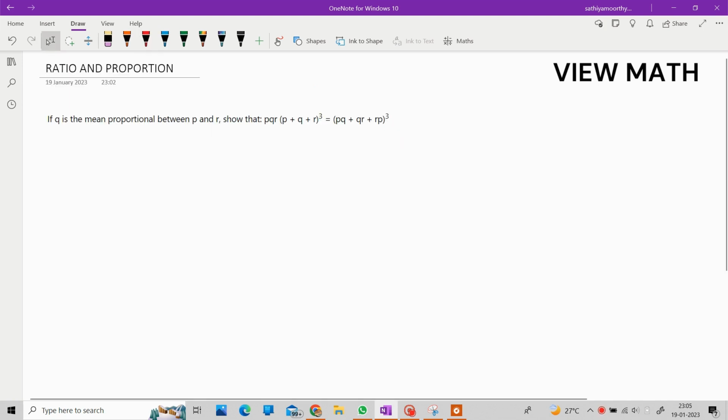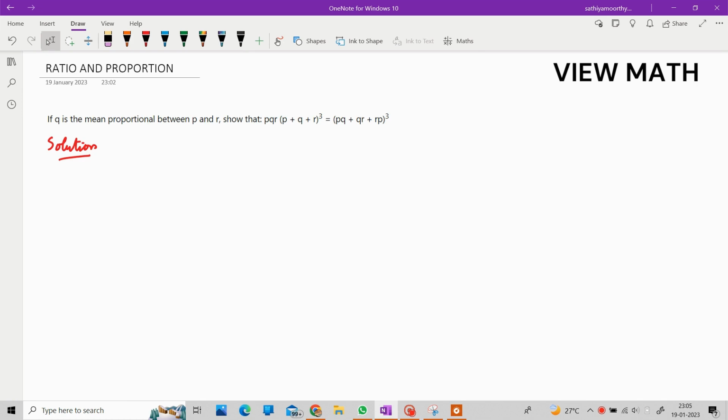Now let's see the next problem. If Q is a mean proportional between P and R, show that PQR into (P plus Q plus R) the whole cube is equal to (PQ plus QR plus RP) the whole cube. So what is given in this problem is